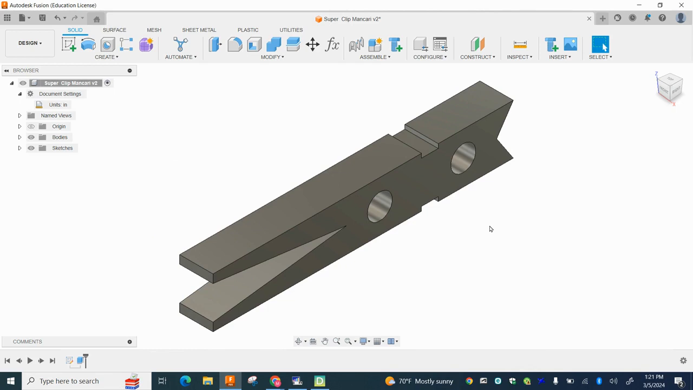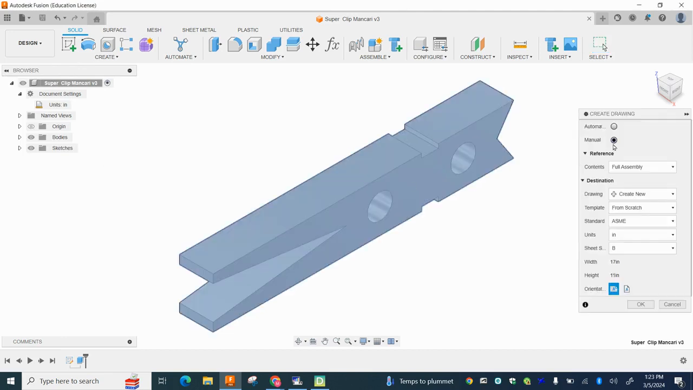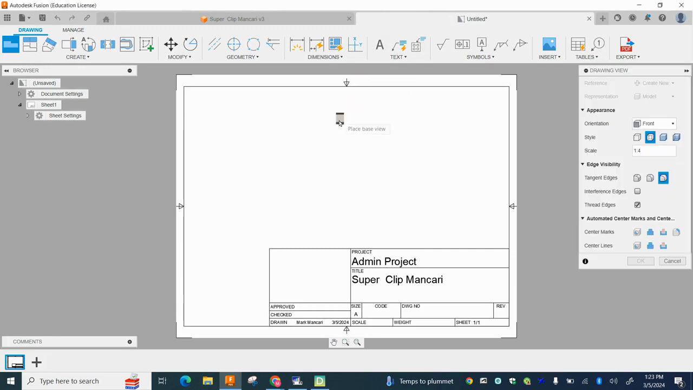We need to make this into a drawing now. Go over here to this tab and go down to drawing from design. We want to leave this on manual, and we don't need to worry about too much of this except for the sheet size. We're going to change this to A, and you'll notice the measurements for the width changed to 11, and the height is at 8.5, and it's in a landscape orientation. I'm going to go ahead and click OK,